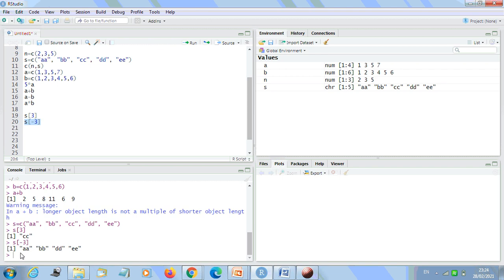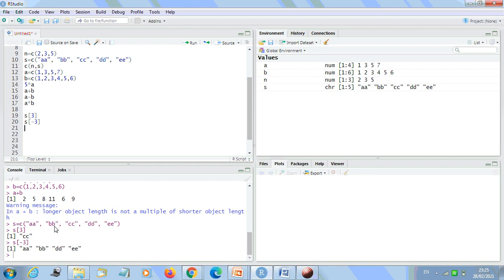See what we remained with, this S[-3]: the value that is CC is stripped from this one. So CC is taken out. If we write a minus value, it can be taken out. If we write 3, we are going to get the value at that index position.